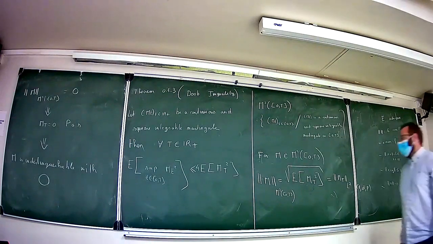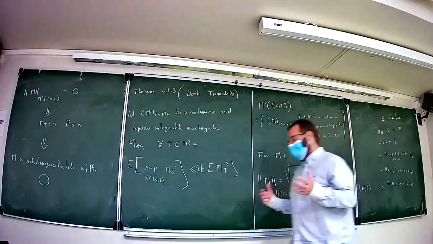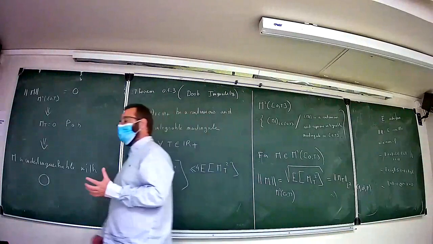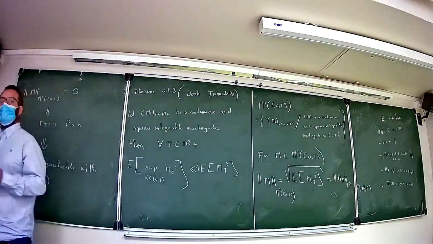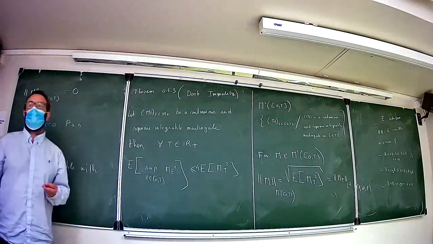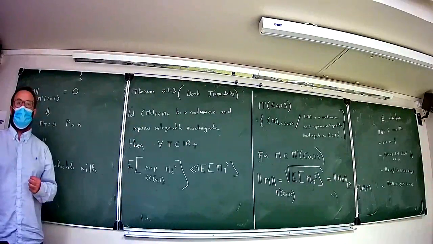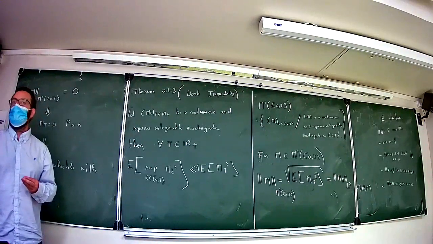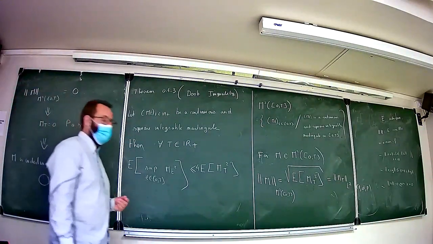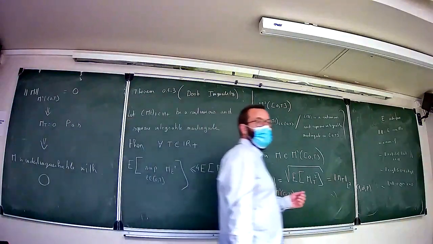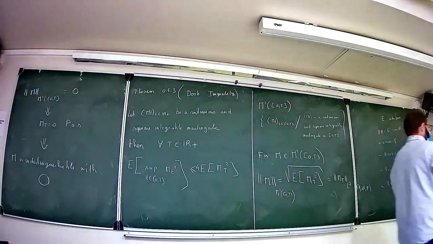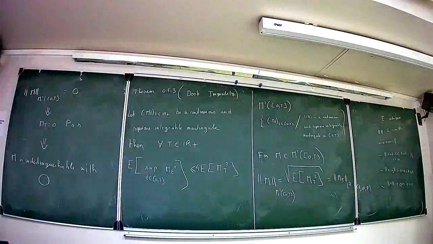And you will see that this norm plays a big role in the construction of the stochastic integral, that is, the integral with respect to the Brownian motion. We are going to use this deeply in order to build what we call the Ito integral. So keep this in mind.